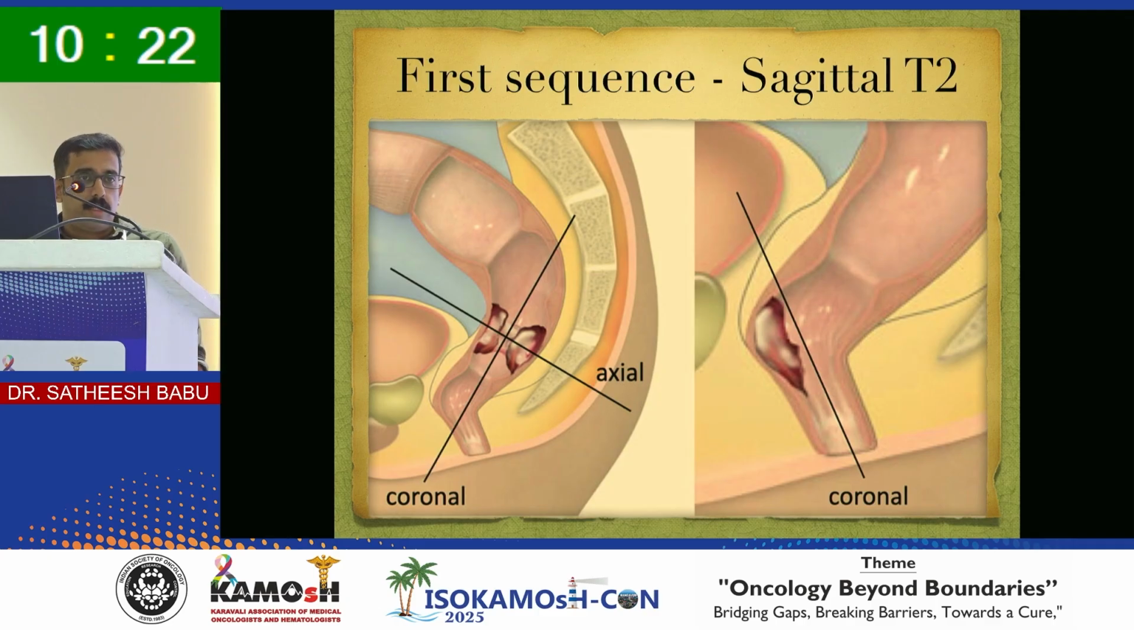So the first phase is to take a SAG T2. SAG T2 is the first sequence you should be doing, and based on that you have to plan the axial and coronal. Axial should be perpendicular to the lesion and not perpendicular to the pelvis, and coronal should be parallel to the lesion. Now if the lesion is in the lower rectum, you have to take the coronal along the anal canal